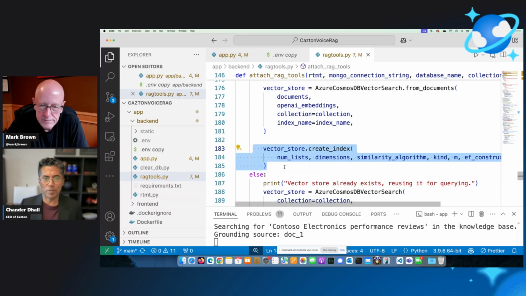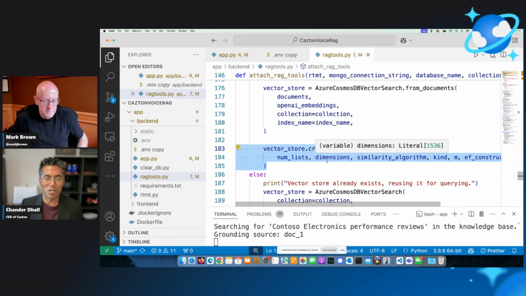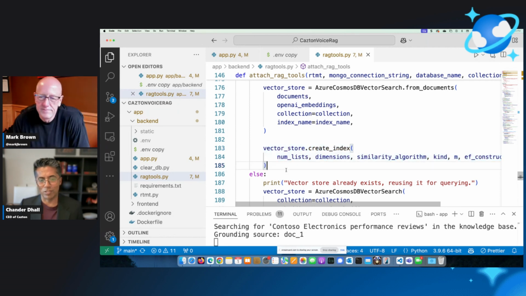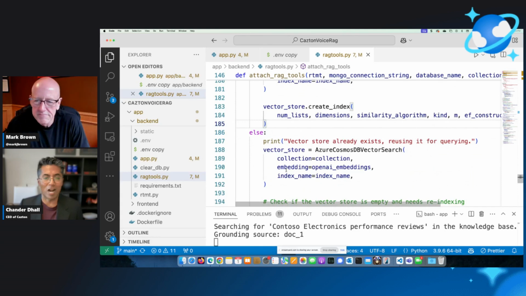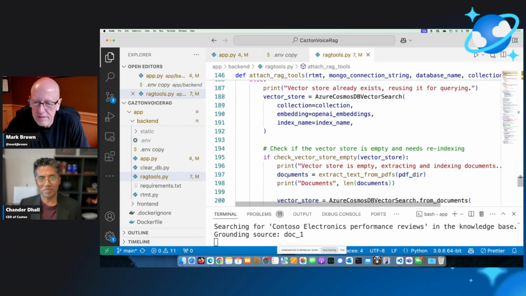A lot of times we see developers who have done every single thing, and then for whatever reason this gets missed or something is wrong, and you actually don't have the index. Then they get results they don't like, and they say the technology isn't good. Well, as you can see, we got amazing answers here, and accuracy was pretty high, so the technology does work. Oh yeah, this is cool.